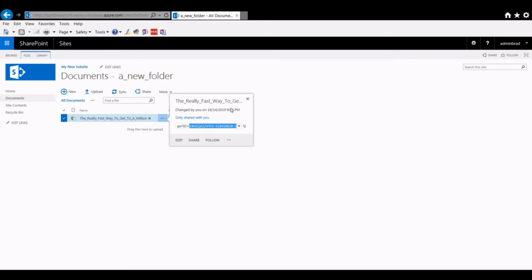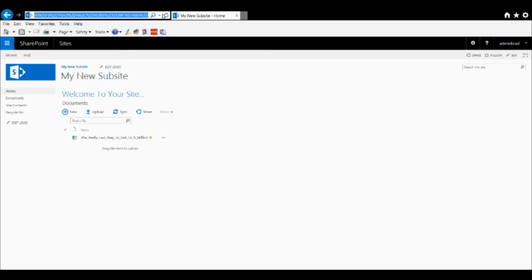Now, one of the limitations is this only applies to the site collection. So you might have 20 sites in a site collection, and you could move that file around to any one of those 20 sites, and it will still continue to work